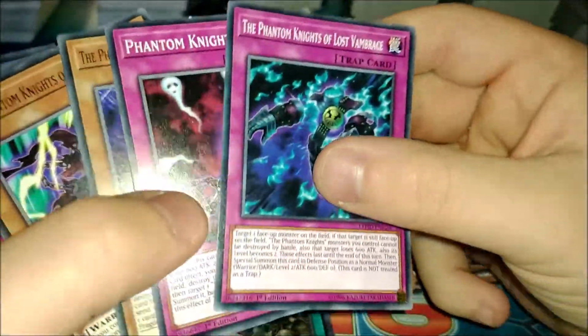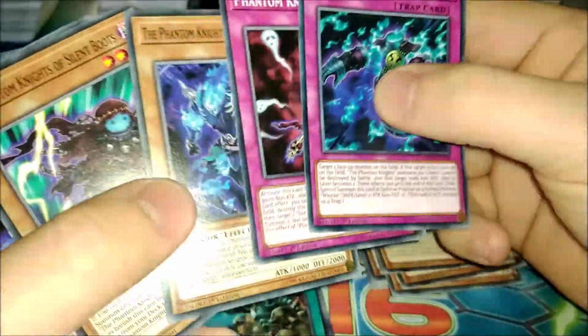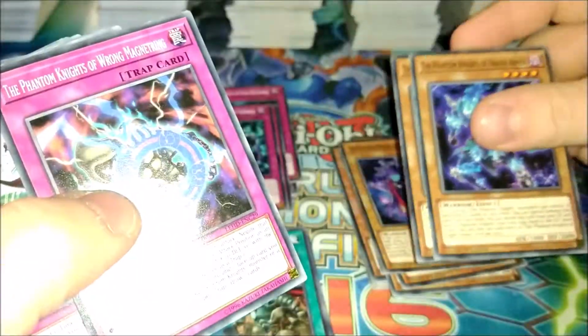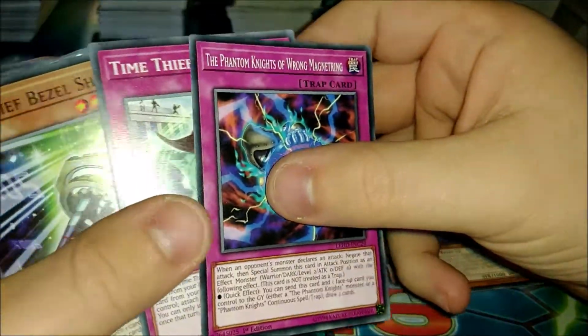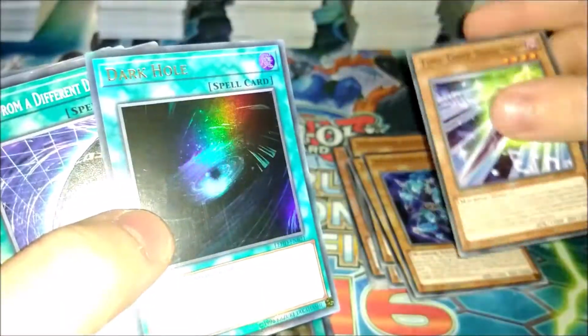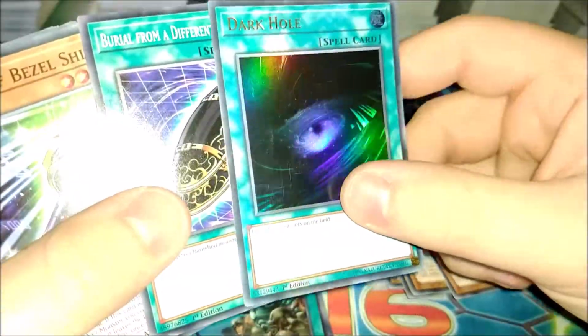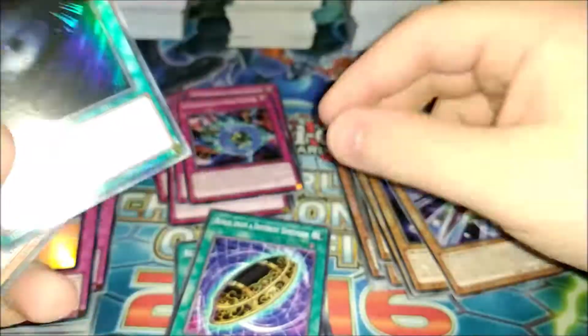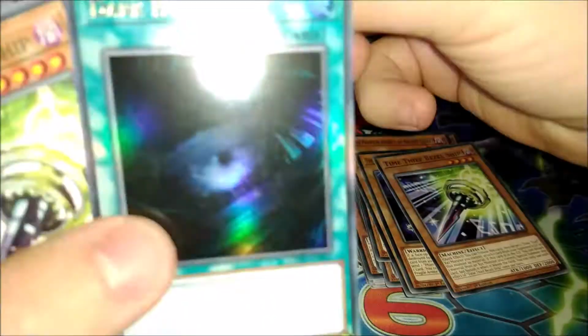More Phantom Knights. So they go there. Those two go here. Time Thief and Phantom Knights, so as I said, just go here. I have a Dark Hole. Destroy all monsters on the field. So, no. Do I really need...